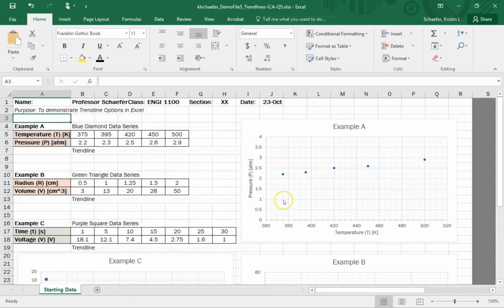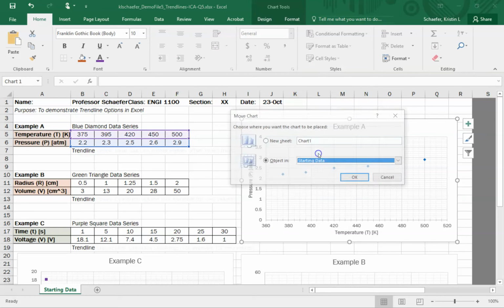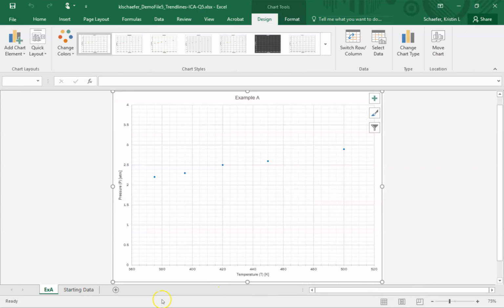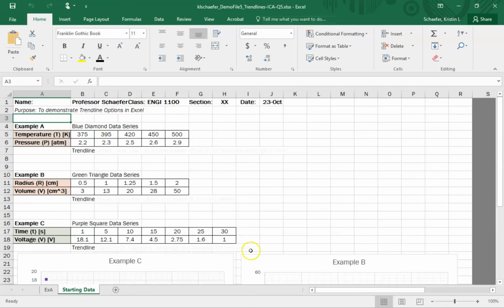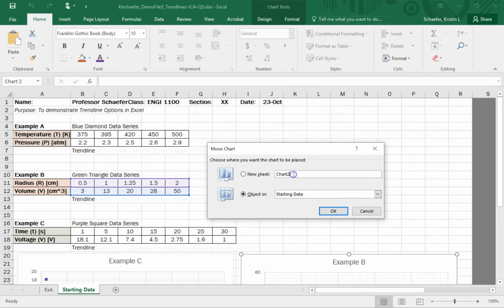And you put these three charts in there, but in order to be able to see and work with them appropriately, we're going to move the charts to their own sheets by moving them to a new sheet. Like example A, we're going to move to a sheet called EXA. Okay, we're going to go back to the starting data tab, go to example B, move that chart to a new sheet that is called EXB,